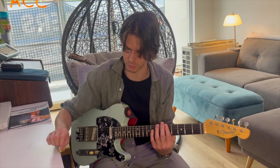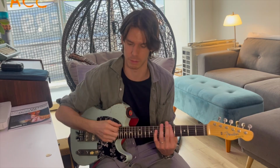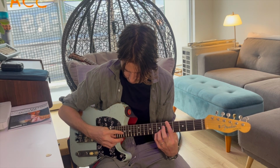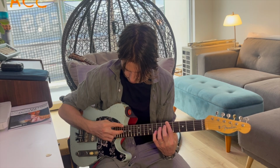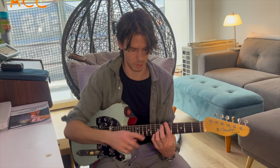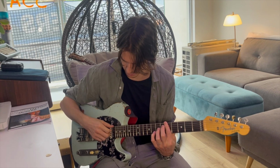So now to add the cascading effect into it, we're going to alternate between a picked note and an artificial harmonic. So check out the tab for this. I'll play it slowly for you now, and I'll go back to playing it with my fingers. So that's the first chord, and we're going to include some hammer-ons in there as well, only on the high E string. So we're going to play the E, A, and D strings normally,